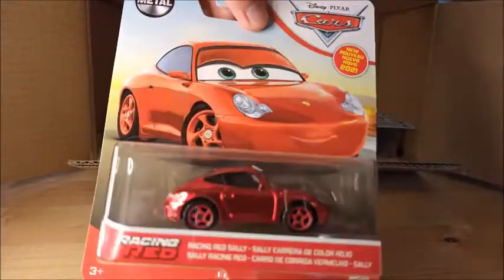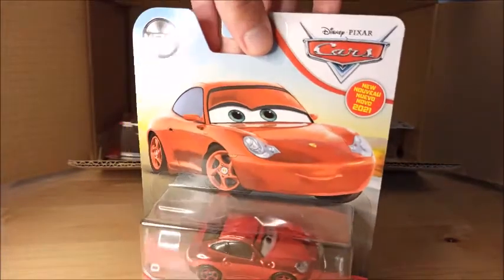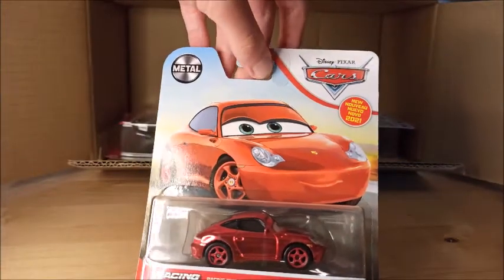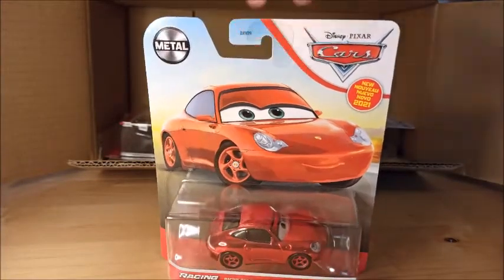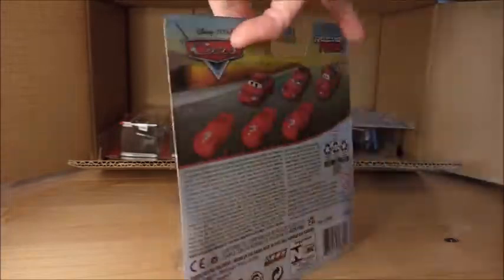Racing Red Sally. I am so glad to have her here in hands because this metallic red paint scheme fits Sally so much, and I am pretty fascinated by her, as well as her shiny artwork on the package. Unfortunately, I missed Racing Red Mater in store, so when I came they had stocked the case B, but I was too late already for Racing Red Mater, so I only have Jackson Storm and now Sally, and I'm pretty happy to have her because